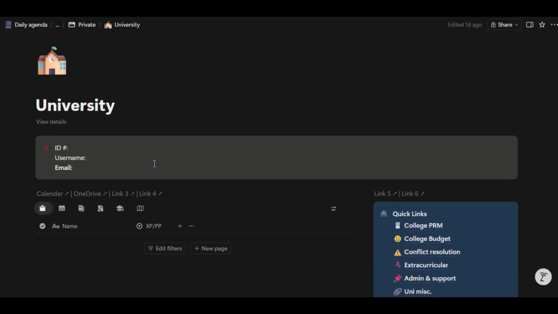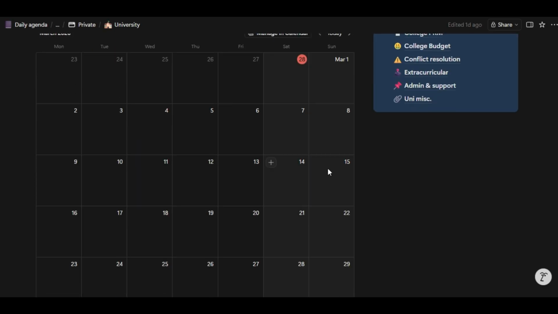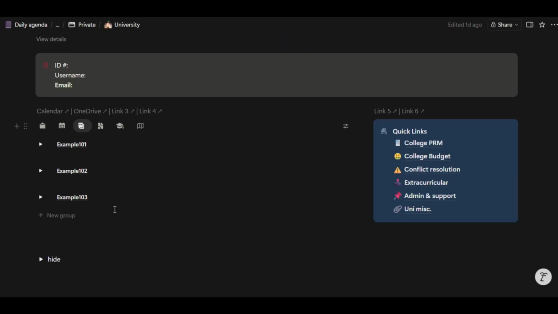So, for our university tracker, we have got our ID, username, email, stuff we need access to quickly at the top. Then you've got whatever your current or upcoming assignments are, which should show here. You can see them all on a calendar, and then